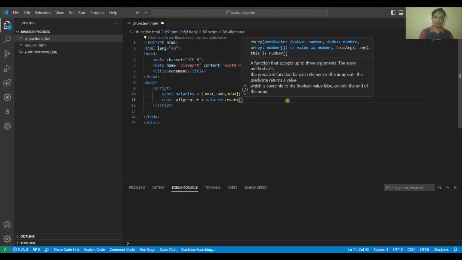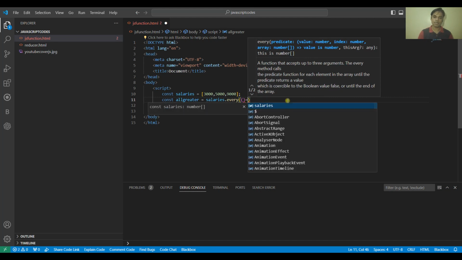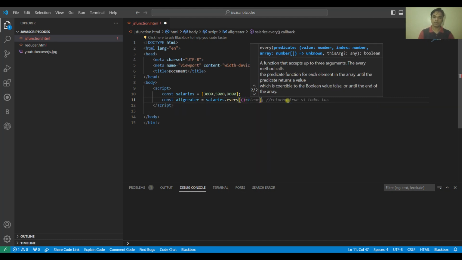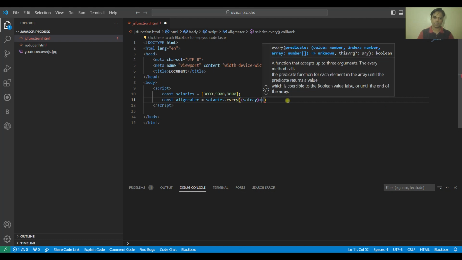So the parameter which this function takes is a function, an ES6 arrow function, and we specify it like this. We give the variable as salary, arrow function, and then we specify that salary